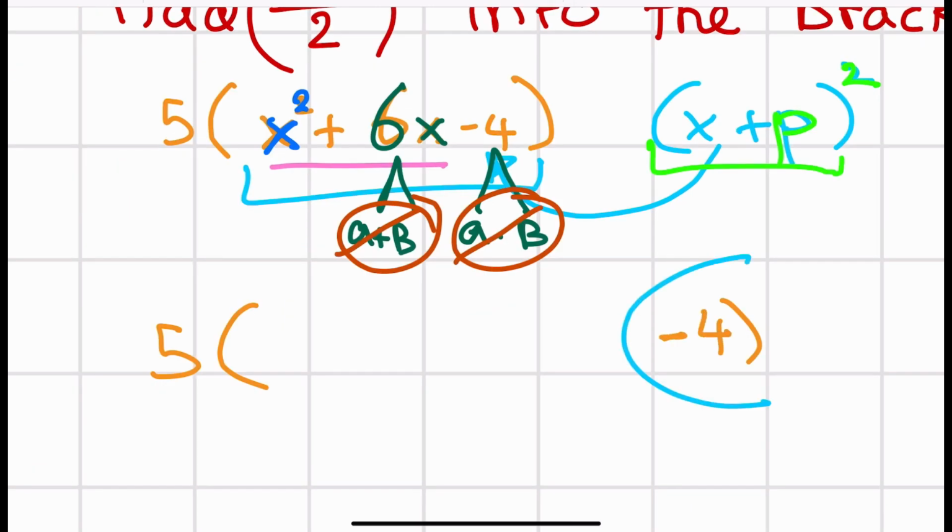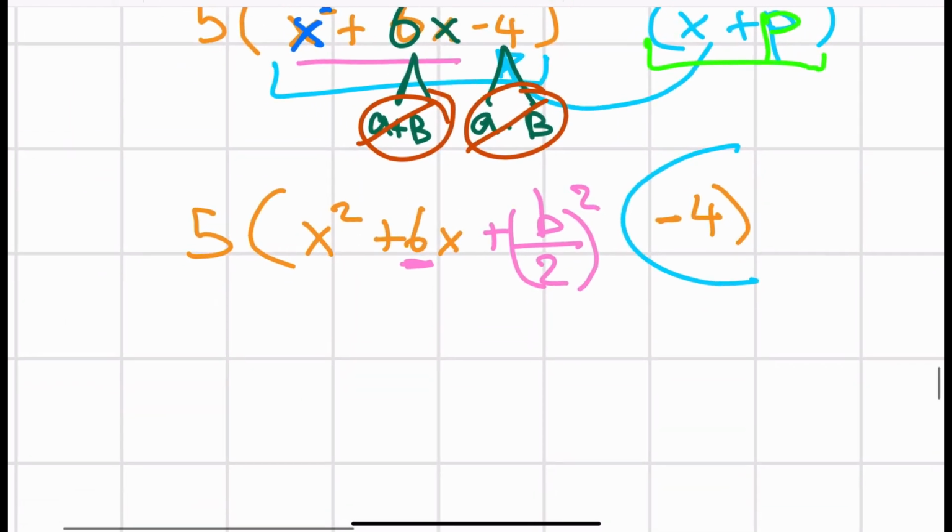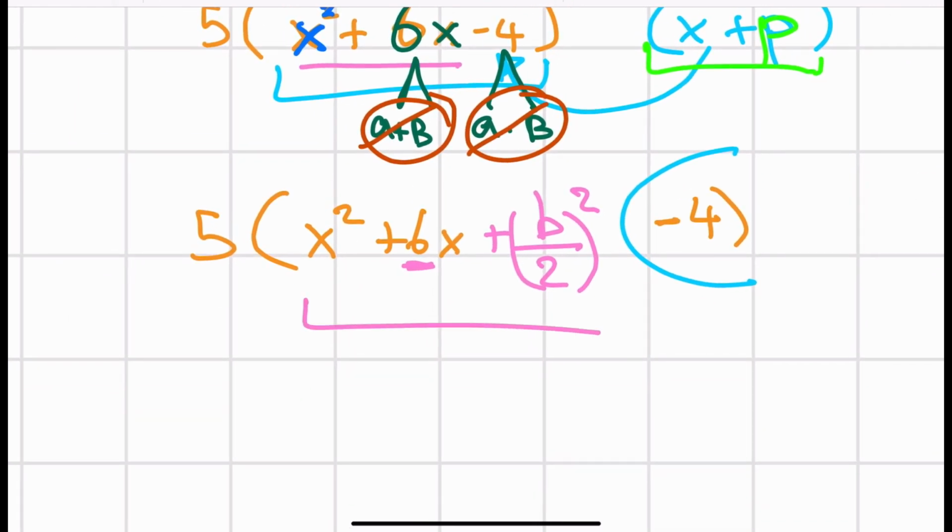What's of most importance is x squared plus 6x, because these are the two terms that I'm going to add another term onto, which is going to look like b, which is 6, divided by 2 squared, in order to get something in the form of